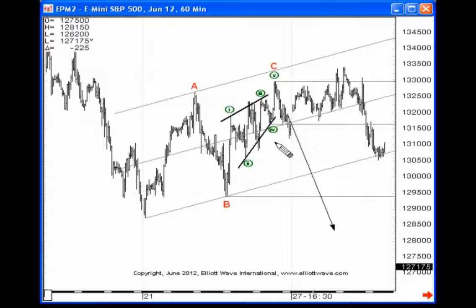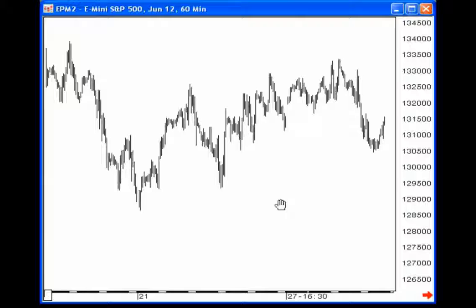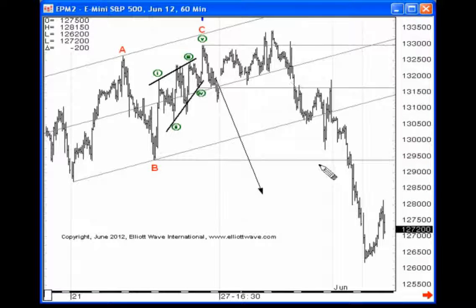When I say interesting, it's something that happens quite often, and you need to be prepared for it. In fact, today's episode is essentially about patience and persistence. What happened here is I was looking for an ABC, and I identified wave C as an ending diagonal, and identified the top right here. And as you can see, somewhat frustratingly, prices made a new high above that level, and in so doing invalidated the wave count,